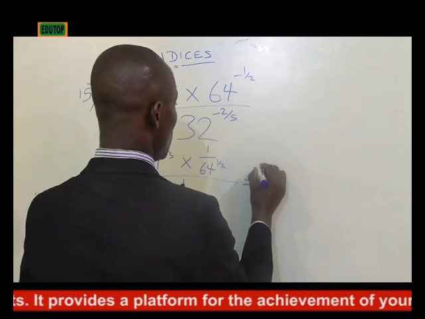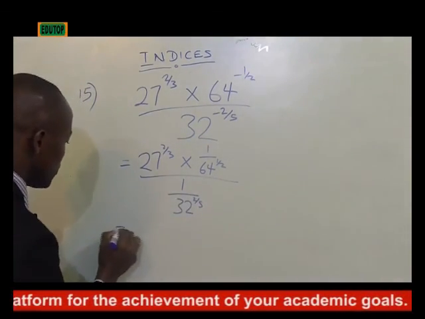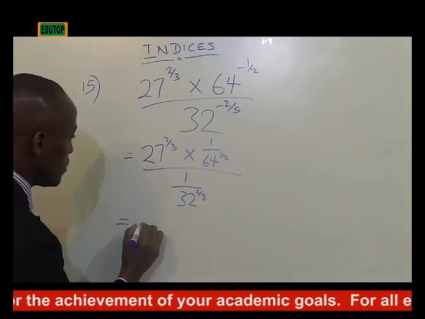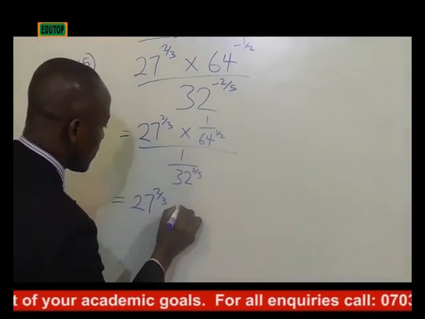Which is the same thing as, let me come down here, now with 27 raised to power 2 over 3 times